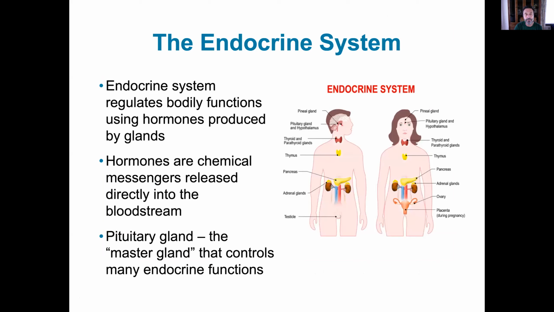The endocrine system is, again, a review. We went into this in a lot more detail in our introductory course. The endocrine system is another way that our body communicates with our brain, through our glands and hormones. These are the chemical messages. So in the neurons, we have neurotransmitters that are the messengers, and in our hormonal endocrine system, it's these hormones that are released into our bloodstream and work throughout our body.